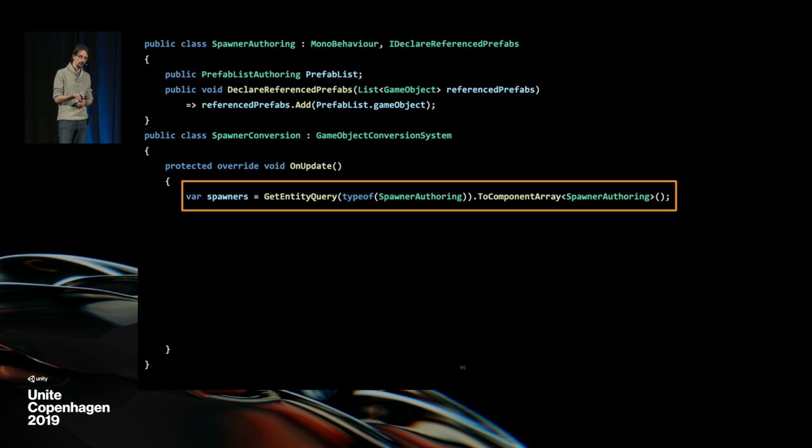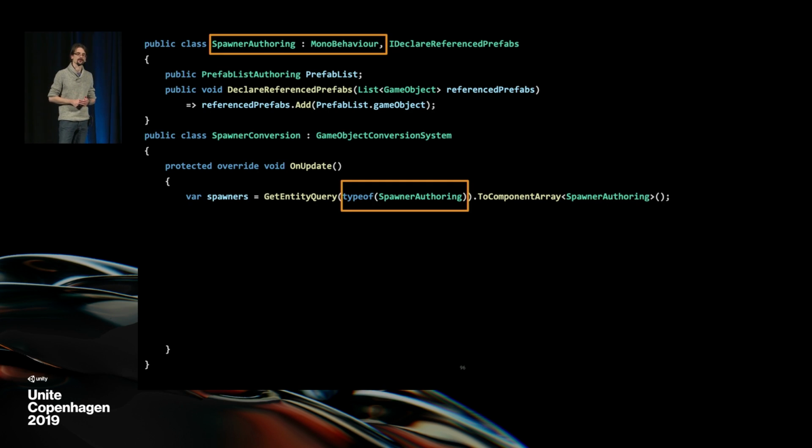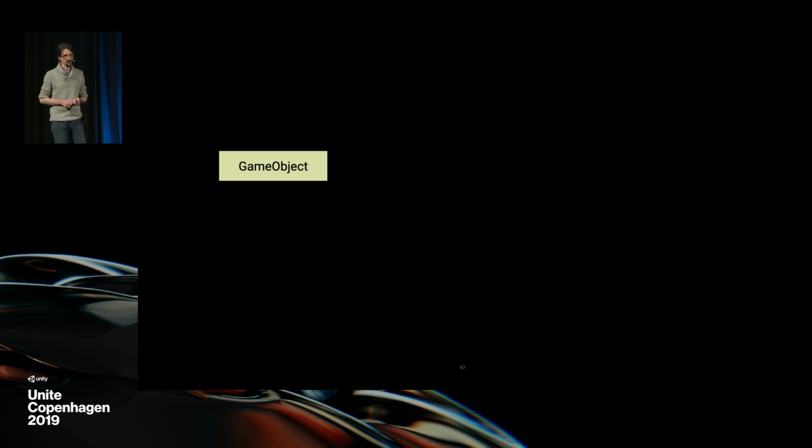There is something which is a bit weird in here. The type that I'm looking for, I'm using an entity query, which is an ECS concept, but I'm actually looking for a type which is a MonoBehaviour. How does that work? Well, this is something that we call hybrid mode, which allows you to actually attach MonoBehaviours to entities. That's a bit of a strange concept, but it comes in very handy,